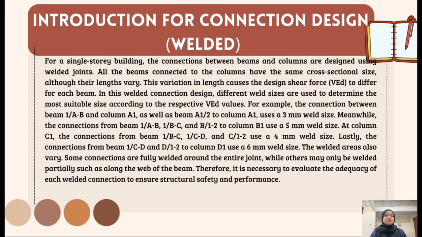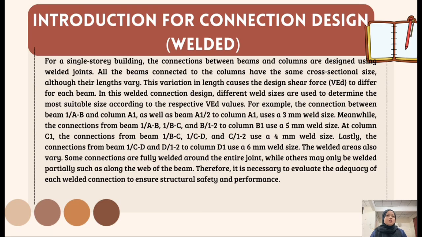For introduction, for a single-story building, the connections between beams and columns are designed using welded joints. All the beams connected to the columns have the same cross-sectional size, although their lengths vary. These variations in length cause the design shear force VED to differ for each beam. In this welded connection design, different weld sizes are used to determine the most suitable size according to the respective VED values. For example, the connection between beam 1AB and column A1 as well as beam A12 to column A1